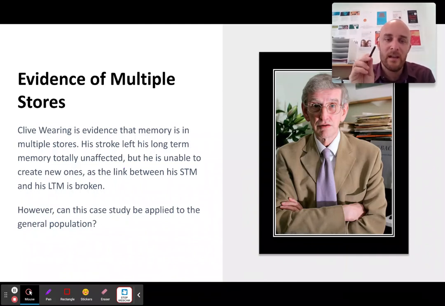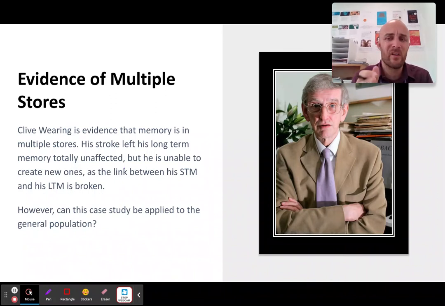But he had a stroke in a very, very particular part of his brain that doesn't usually see that much strokes. So your vision sees strokes quite a bit, but this part of the brain doesn't. And what this part of the brain was responsible for was the moving of information from short-term memory to long-term memory. After the stroke, he kept all of his long-term memories from before the stroke, but he was unable to make new memories. So he basically lived in his short-term memory. So he would keep forgetting things after 7 seconds and had no idea where he was.